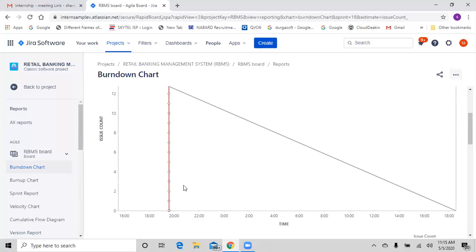This gap should not be accepted. If you see, you closed your sprint somewhere around 20 hours early. Yes. This is not accepted because you are wasting time. That means the developers are overestimating the user stories, and they're sitting idle for more time. This is not accepted. Hardly 1-2 hours or 1 day will be fine in real time. But it's not like you planned 3 weeks and completed the sprint in the first week only, and keep the second and third weeks idle. That is not accepted. Possibly you understood what I'm trying to tell you, right?